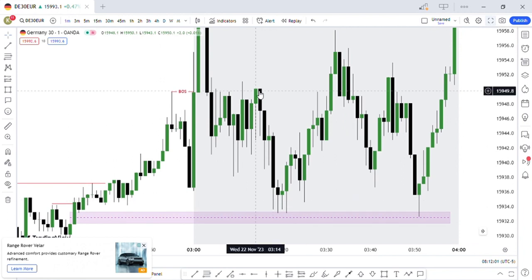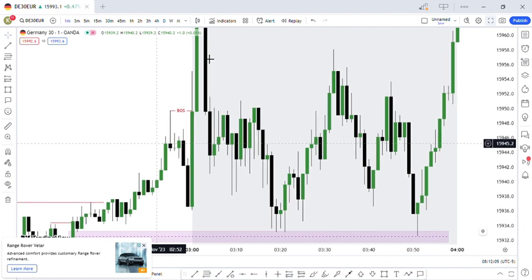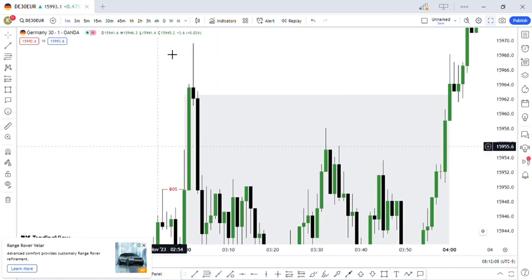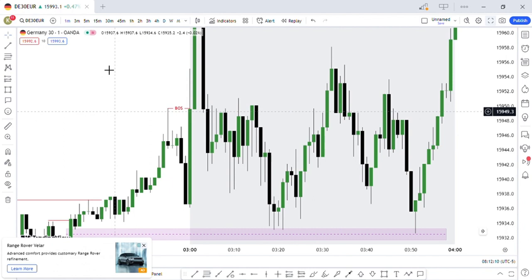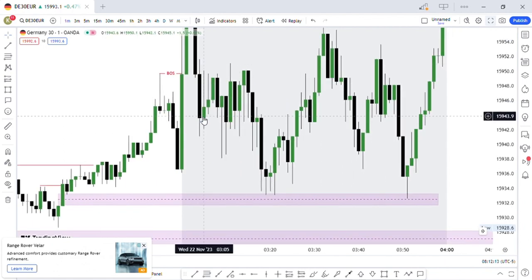After this high here, the market came and made this low. You can realize that the market didn't close below this fair value gap. It closed inside the fair value gap, tricking traders into thinking that the fair value gap is valid, but it's not valid, because we want to see the market going to this one. If you can see from here, all the fair value gaps have been filled, excluding this one. So you want to see the market coming back to this one.